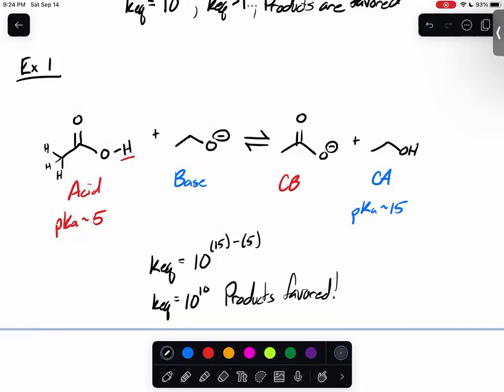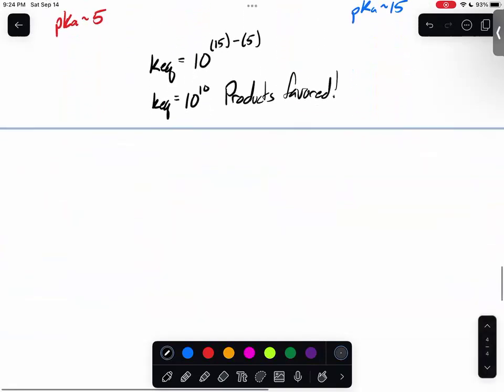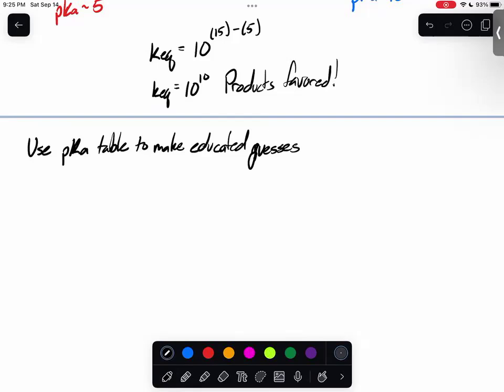But here's the thing. We don't always have a KEQ value, right? That's only 13 different values. So we have a slight problem, right? Sometimes we need to make some educated guesses to determine which direction something is going to be. All right, so you can use the pKa table to make educated guesses. So we're going to show an example of how this is done. And the way we're going to do this is we're going to take a look at a reaction here,